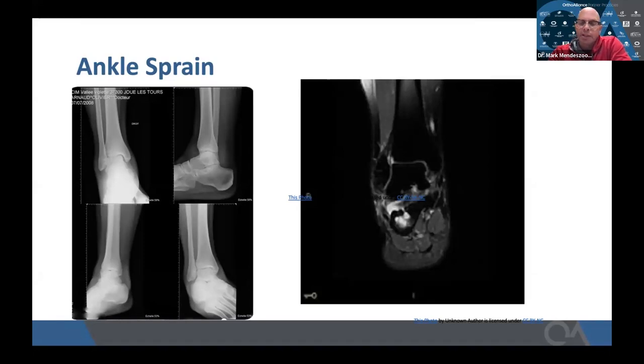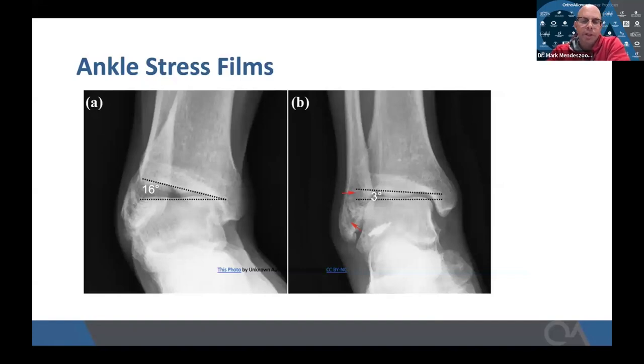Sometimes we do advanced imaging like this MRI, and it can tell us if the ligaments are torn, if the bones are bruised, and also tell us if there's swelling throughout the joint and look at the tendons. So MRIs are very helpful in determining if somebody may need long-term immobilization, physical therapy, or surgical intervention. Stress films. A lot of times people will guard. You can't really do this when they're awake. So if I take someone to surgery, even if the MRI shows normal ligaments and someone is struggling and they have balance problems and continued issues, a stress film will tell us the integrity of the ligaments, and that will tell the surgeon what needs to be done from a surgical perspective.